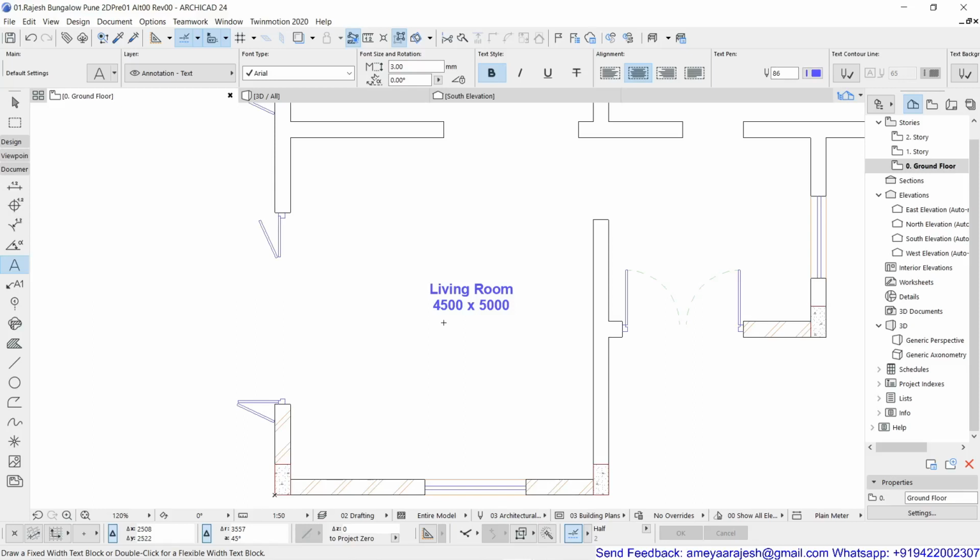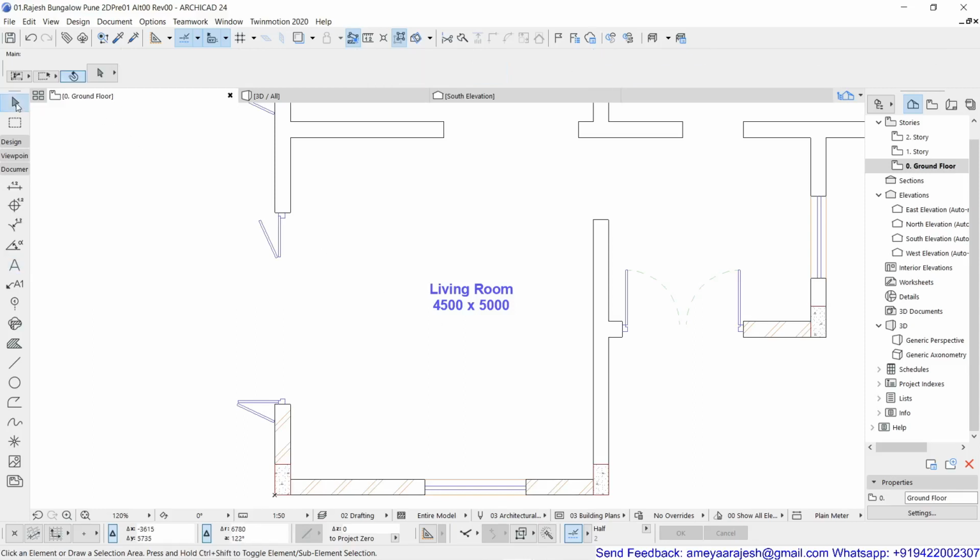Let's see how to edit the text for its various options. First of all, I'll just go inside the arrow tool. I will stay on the text. You can stay anywhere on the text. You will see this particular quick selection icon, which normally you see as the pointer. But when you go and try to stay on the text or hatch, you can see this quick selection icon. This is just because this quick selection option is on.